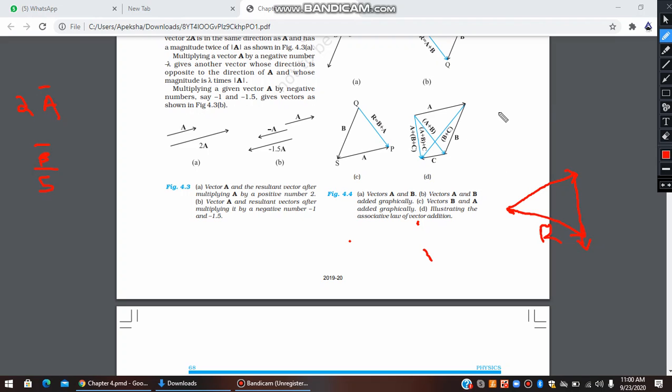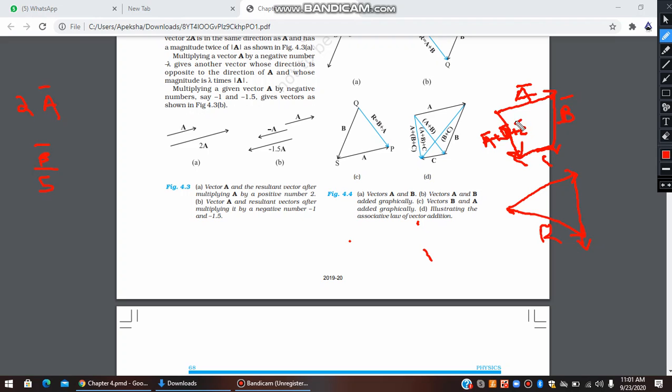This is the diagram I'm talking about. Let's not mix a lot of diagrams as they have. I was talking about these three vectors a bar, b bar, and c bar. And when I join the first with the last in this way, this would be a bar plus b bar plus c bar.